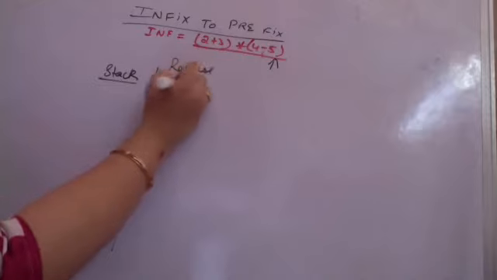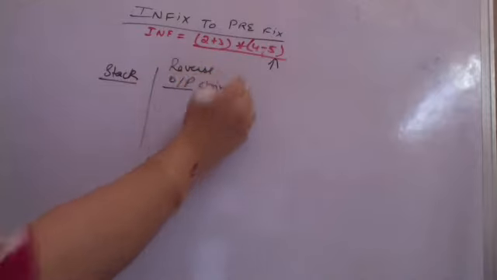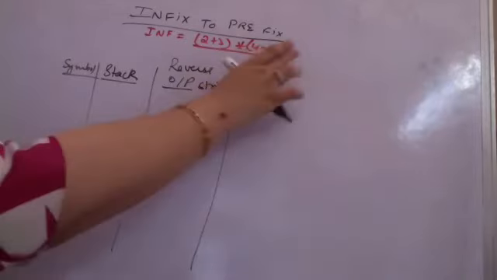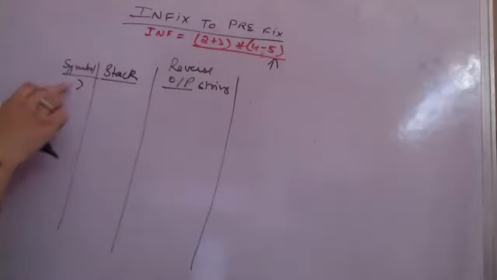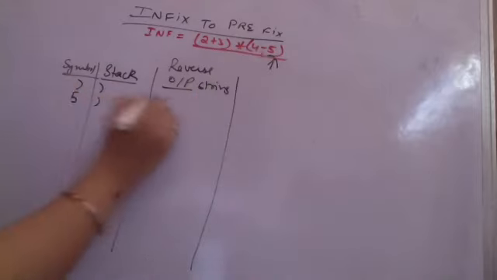Remember, it is the reverse of the output string. At the end, you will have to reverse it again. And supposedly I am also having the symbol which I am reading. Okay. So the first symbol that I encounter is a closing parenthesis. Closing parenthesis, push it onto the stack. Then I encounter an operand. Operand, add to the output string.